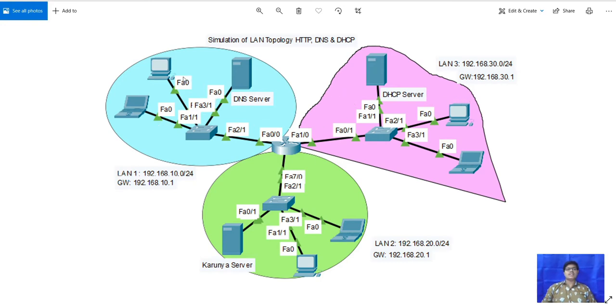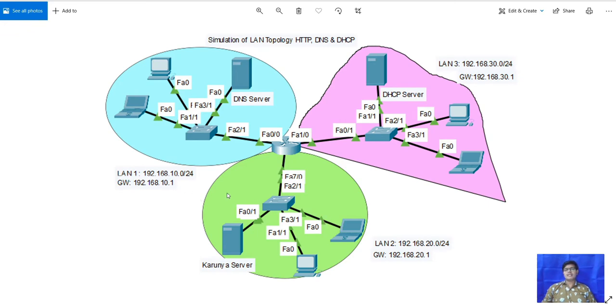So here is the first network, that is LAN 1. LAN 1 has the IP address 192.168.10.0, with a subnet mask length of 24, that is 255.255.255.0, and the gateway is 192.168.10.1.